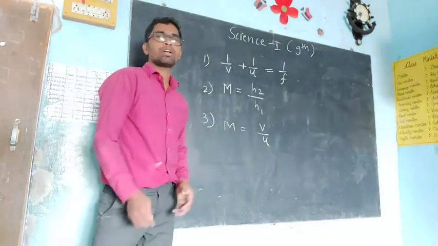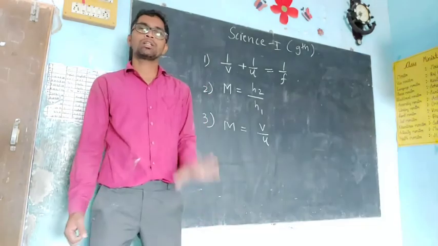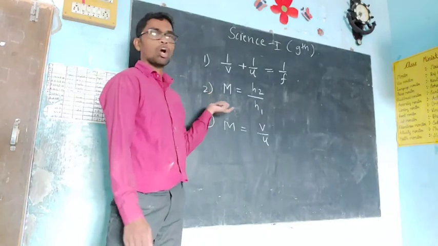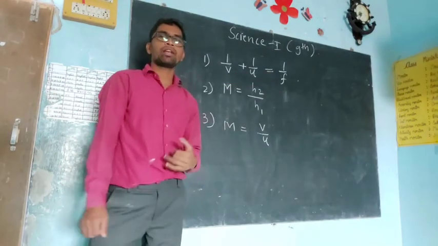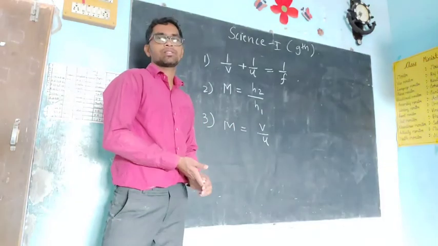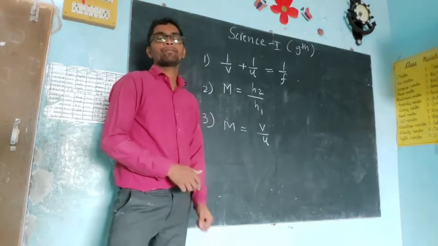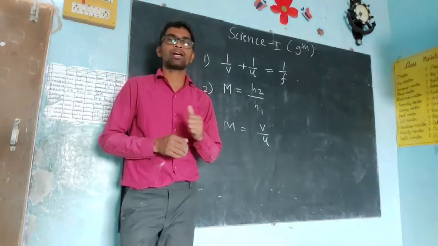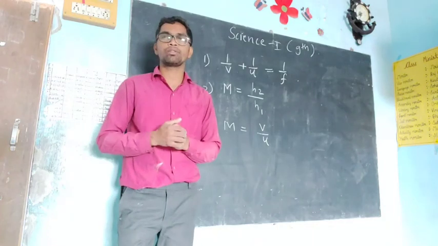So these 3 formulas are very important whenever you solve an example related to a concave mirror or convex mirror. But keep in mind, for a concave mirror the focal length will always be negative, and whenever you solve an example, keep that in mind while putting in the proper values. Now we will solve an example. In your textbook one solved example is given, so I will read it and write down the given data and we will solve it. Okay, listen properly.